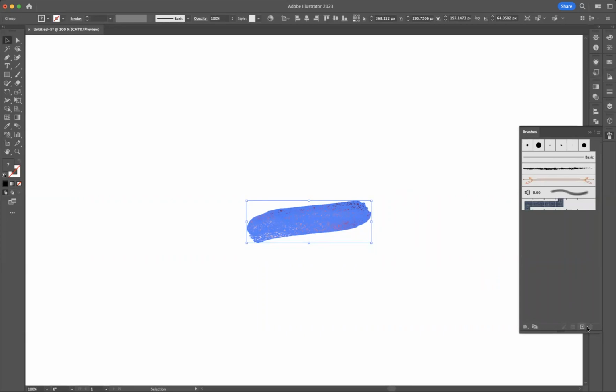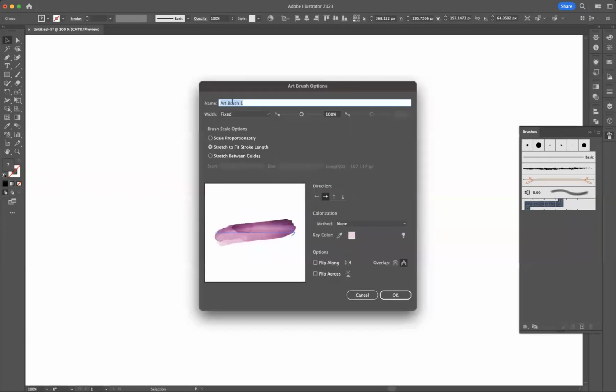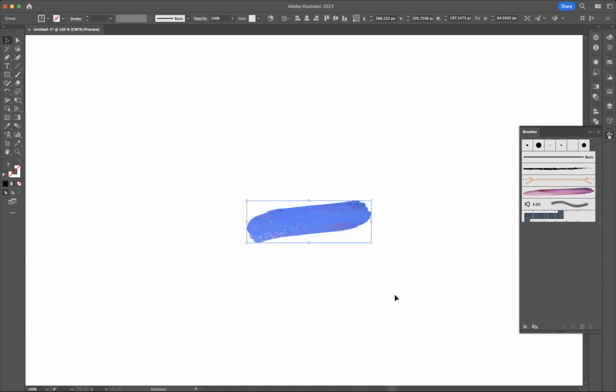So with this selected, I'm going to come to the plus sign here, choose Art Brush, and press OK. It's always wise to name your elements, so I'm going to call this the watercolor brush. There we go. Make sure you have Stretch to Fit Stroke Length ticked, and we press OK. Lovely. Now, as you can see, there is our brush stroke. So if I now delete this,